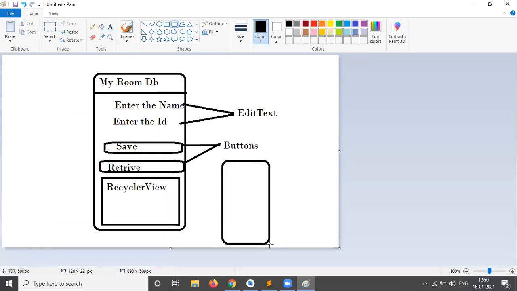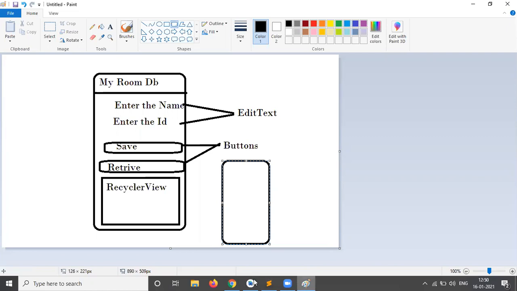In that screen, we will take the same format for update and delete.